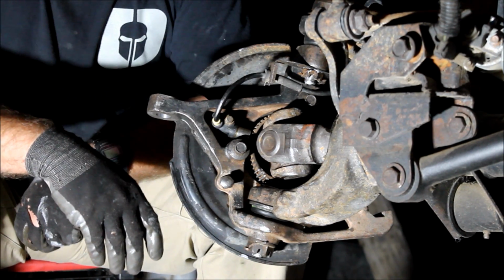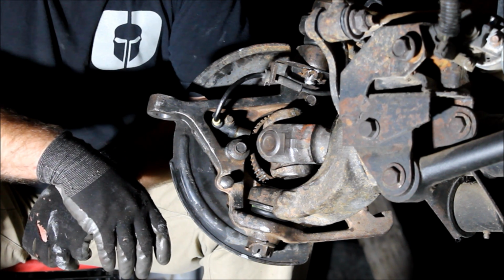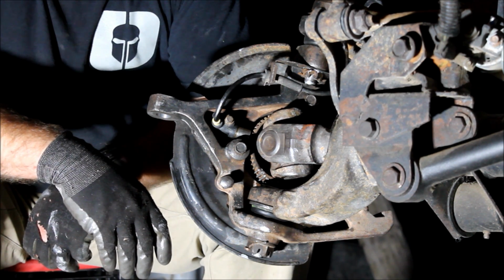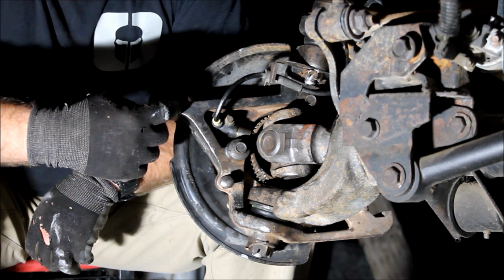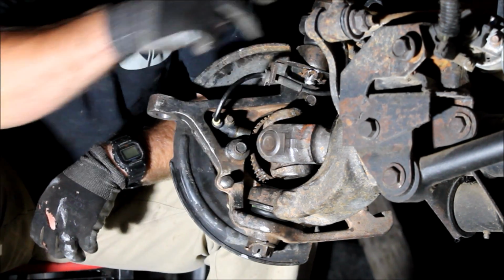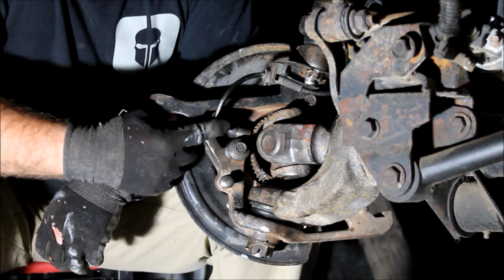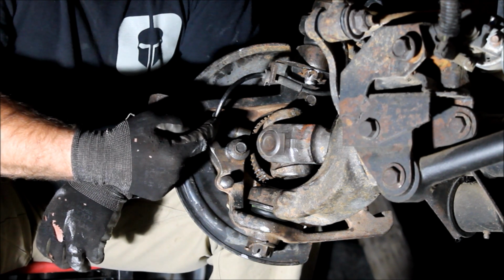Well guys, man, has this been just a can of worms. I pulled the knuckle off and this ball joint was bad, so I ended up replacing both the ball joints. And then when I went to put this new knuckle on, I realized it wasn't drilled and tapped for ABS,